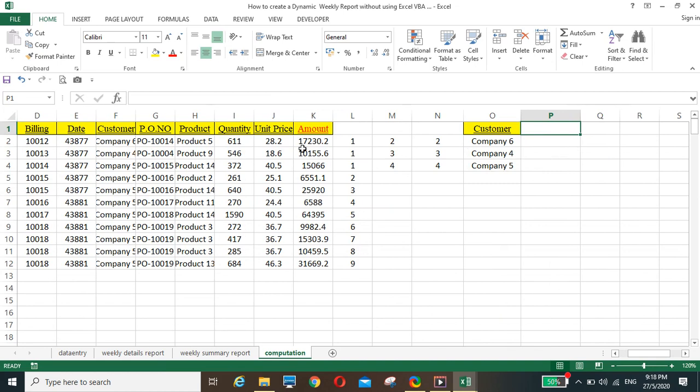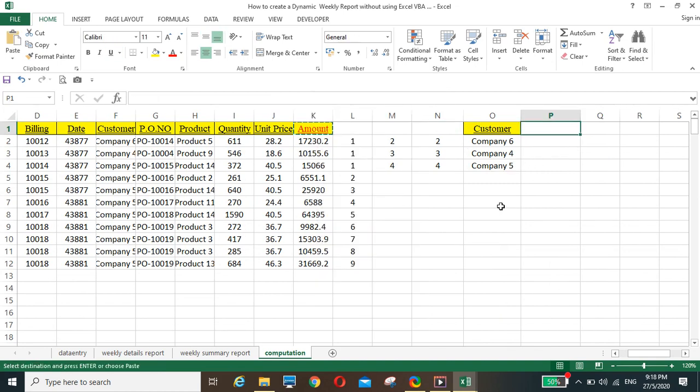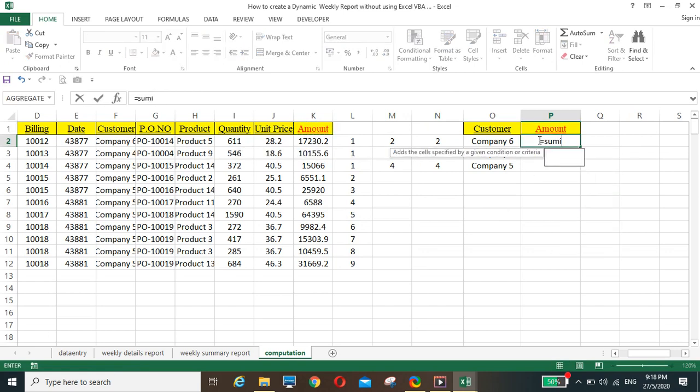So the amount we just copy here, put here, then we use a sumif function. Sumif, sum the customer one, we click the whole column, then this customer,